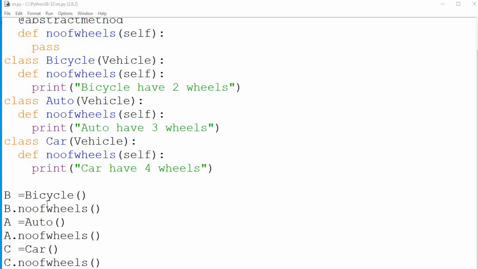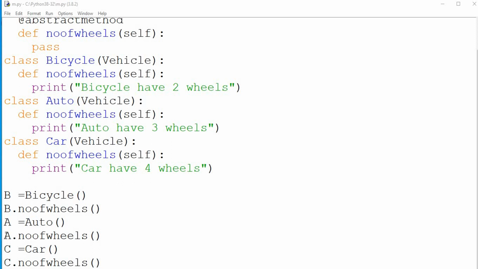After implementing the abstract method of Vehicle, now I am going to create the objects for the child classes. As we have seen in the theory, no need of creating object for abstract base class. So I am creating an object for Bicycle as B, and by using that object I am going to access number of wheels. Similarly, I am going to create object for the class Auto as A and access number of wheels like this.